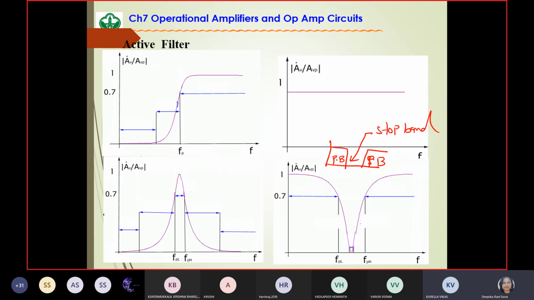Yeah, band pass is fully correct. I'm expecting the answer for band stop from others. First we need a high pass filter, then a low pass filter. Yeah, that is correct. Band stop, somebody else should answer clearly. Yes, guys, it is correct only. Why are you confused? Same thing.